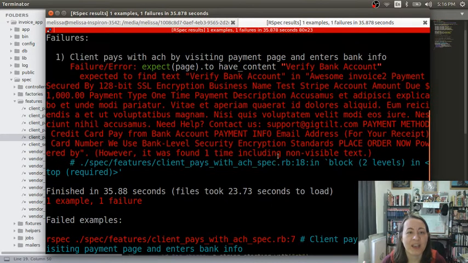Okay, expected to find text verify bank account. Oh, not even to that point. It was found one time, including non-visible text. So our little toggling is not working. I don't know that we're even going to toggle anymore. I know that we did that in the last episode, and that was kind of the main point of our last coding session. But if you needed to do that, hey,